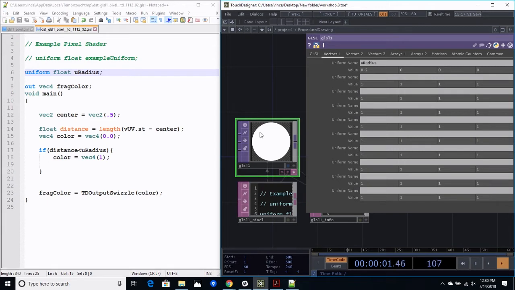Since UV goes from 0 to 1, 0.5 is gonna be the biggest radius that fits here, because the diameter is gonna be 1, which is the extent of our square. And so when I animate radius, now you can see I'm animating